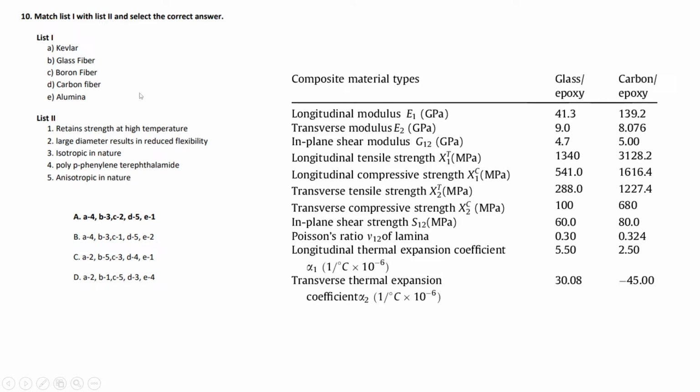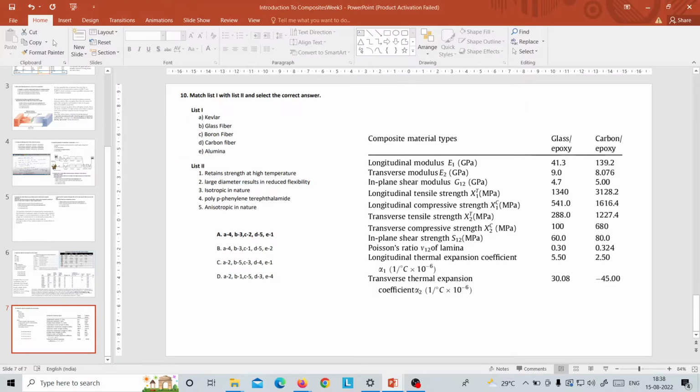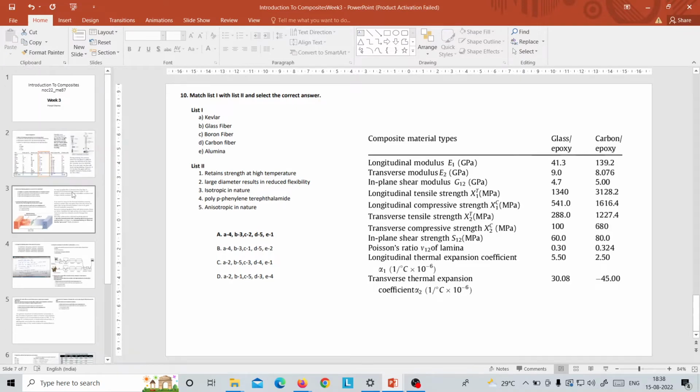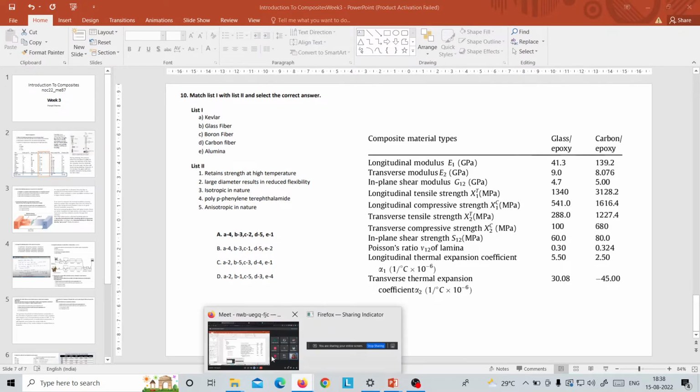And alumina is a metal reinforcement. Its melting point would be far higher as compared to the rest of these fibers and reinforcement structures, and therefore it will retain its strength even at high temperatures because it will not melt or degrade, while the rest will start degrading. So that's all. Do you want me to discuss some other doubt? If you have, you can ask.